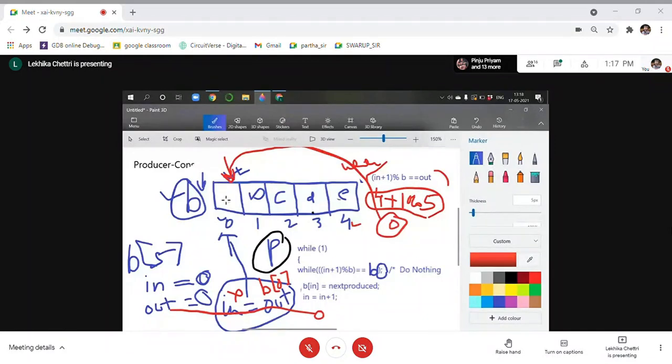So now I will put my next value in this case. Let us say A, B, C, D, E, F. I will put my F here, because I told you that putting starts from here, in circular fashion. And when I start consuming, I consume from here. So next free will be this one. After that, next free will be this one, this one, this one, this one, this one, and then this one, like this. Okay. So is it clear now?